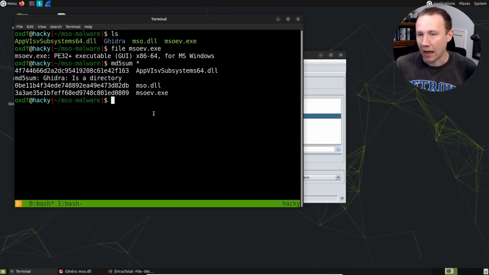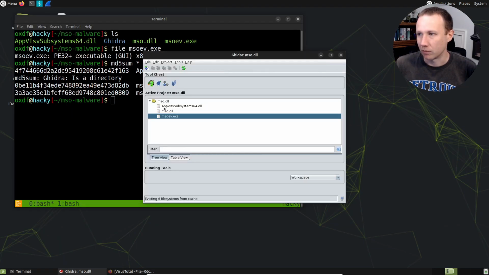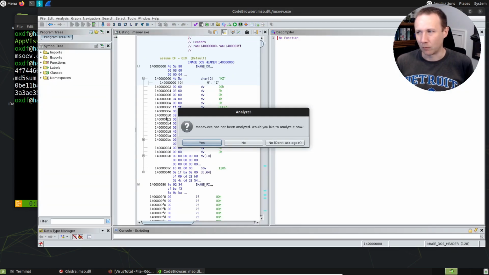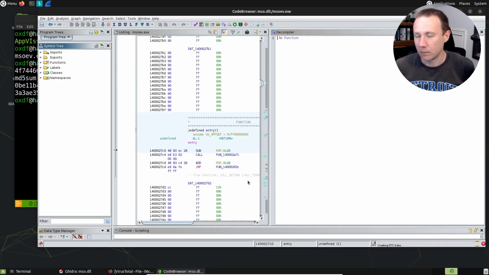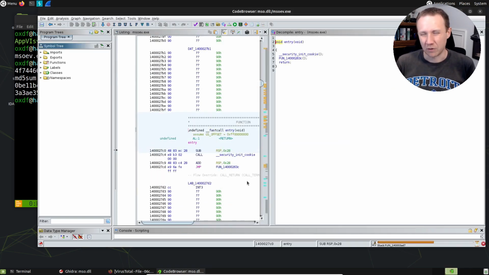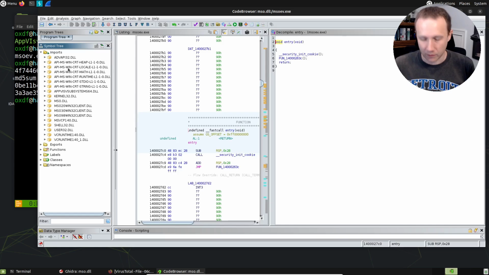I normally don't get in the habit of reverse engineering legit Microsoft signed binaries, especially when I'm trying to look at malware. But there's some benefit we can get here, and that's not to figure out the functionality of it, because I don't think we care, but we want to look at the imports and the exports, specifically what's being imported. And so when we pull this up here, we can see all the different DLLs that are imported, and a lot of these are built in Windows DLLs. But you'll also see here's mso.dll and